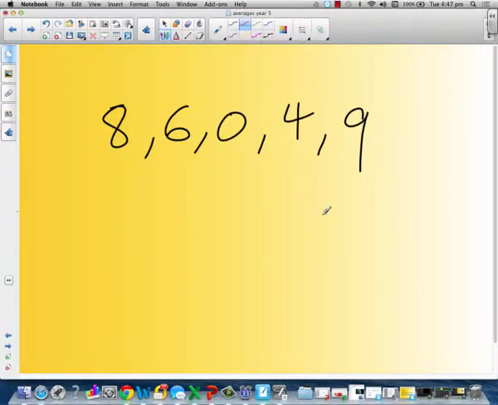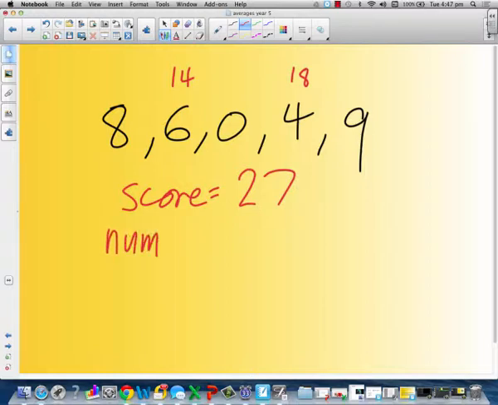Okay, right, I hope you worked out the first thing you do is you add them all up. So what's the score total? The score total is, well, you can add it up, off you go. Okay, I hope you worked that out. So that's 14, plus the 0 is nothing, plus the 4 is 18, plus the 9 is 27, isn't it? There's your score total. Okay, what's the number of scores? Okay, well, 1, 2, 3, 4, 5. 5 scores.